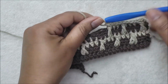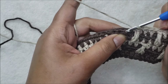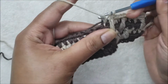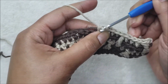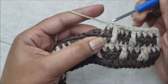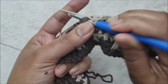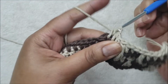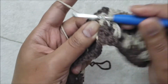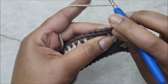So that is basically it. So again, move over and you're working your 3 half double crochets. 1, 2, and 3. And for the 4th one, move down to the center stitch there and work your front post double crochet, and